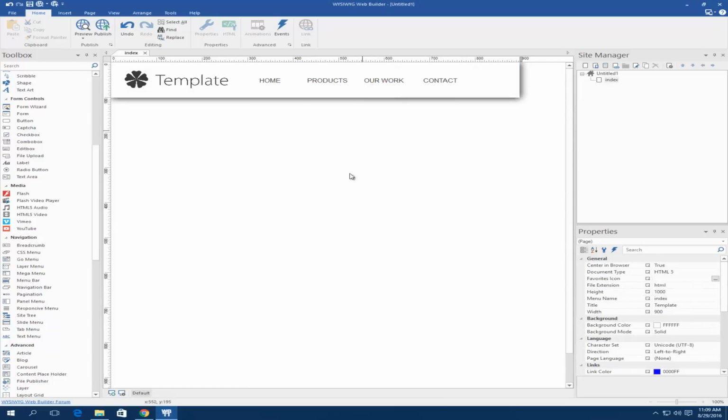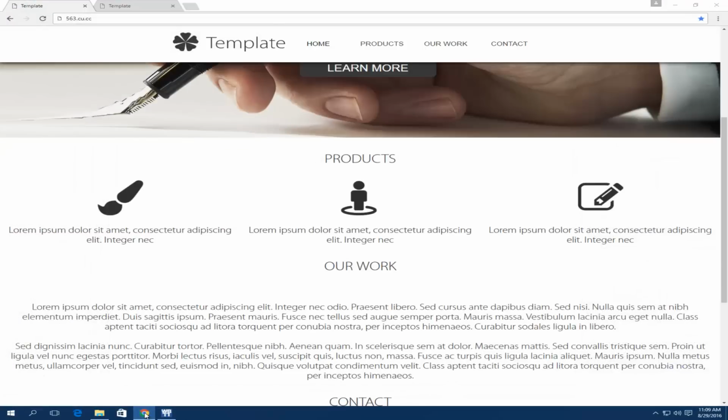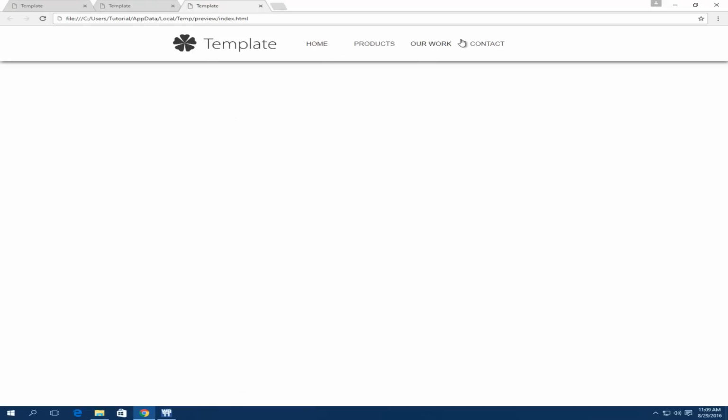So we created the header. And it's really beautiful, and we created the header. So next we need to create this full-size image here,